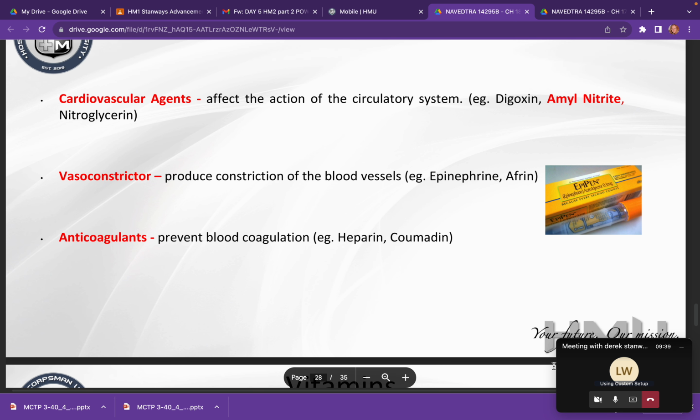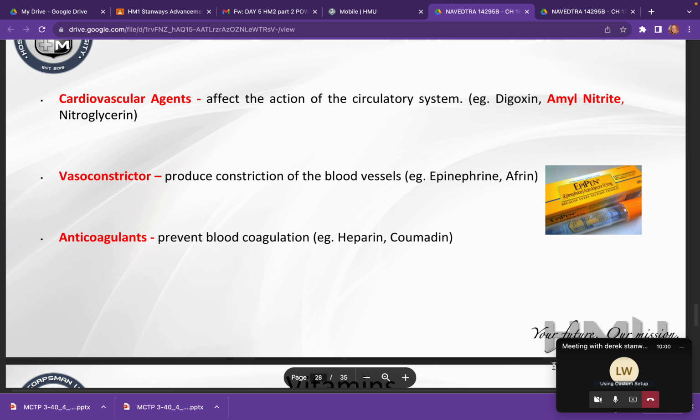The cardiovascular agents, we see them most likely used on our crash cards. Those who work on the ward, we see that this is part of our crash card components, the amyl nitrite and the nitroglycerin. Those are the kind of stuff that we use normally if we have to respond to a code blue. 9 times out of 10 it's just somebody that fainted, but sometimes we have to actually put up our crash cards on our bags